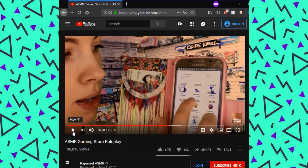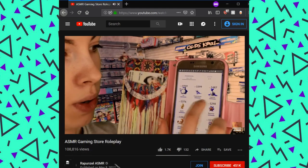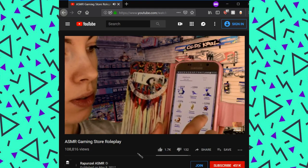Oh, so she wants to go into detail about Pokemon Go, but not Pokemon Stadium. You see why I have a problem with this? I don't have a problem with her showing Pokemon Go like that, if she had explained these N64 games first, that would have been perfectly fine. But the fact that she basically said, screw all the N64 games, and I'm just going to show this game on my phone, and take at least 2 to 3 minutes to talk about this game on my phone that's dying,